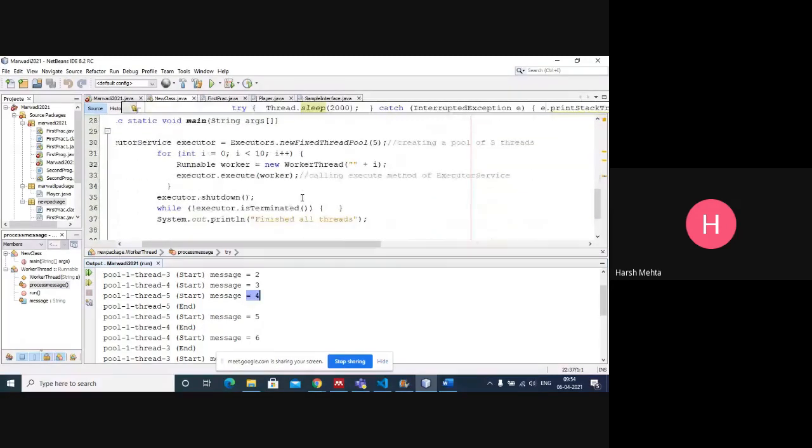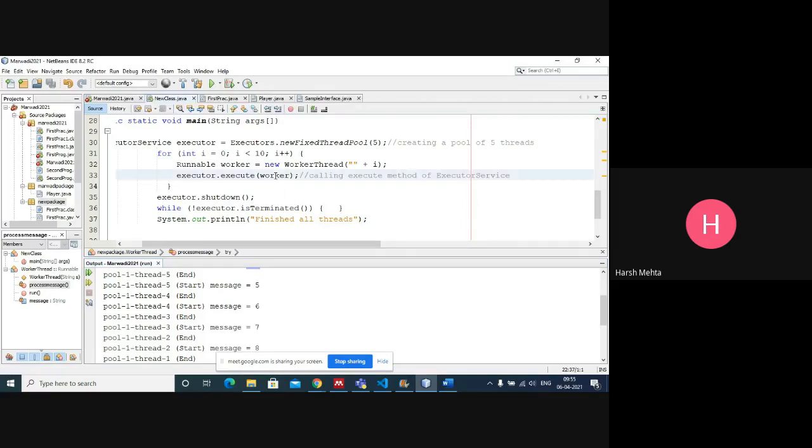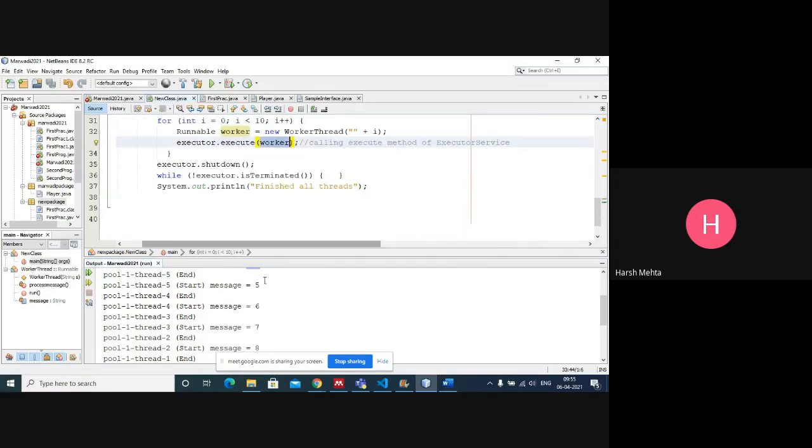After that, it starts taking these new threads, it executes this worker, and once it's shut down, it will finish all the threads.